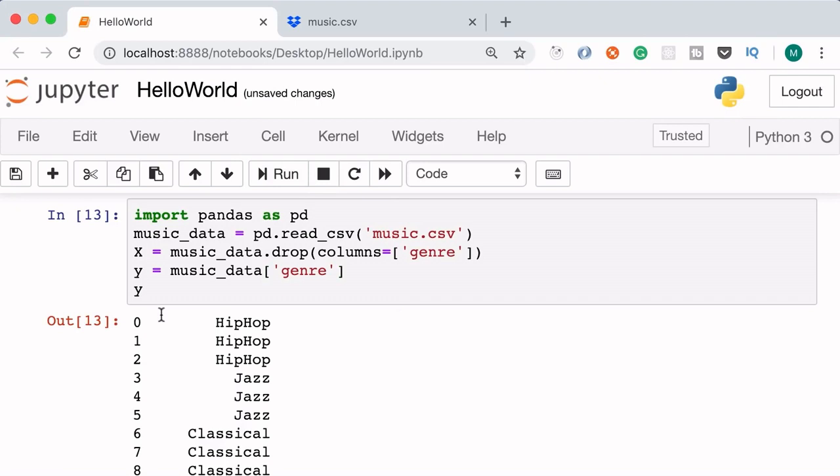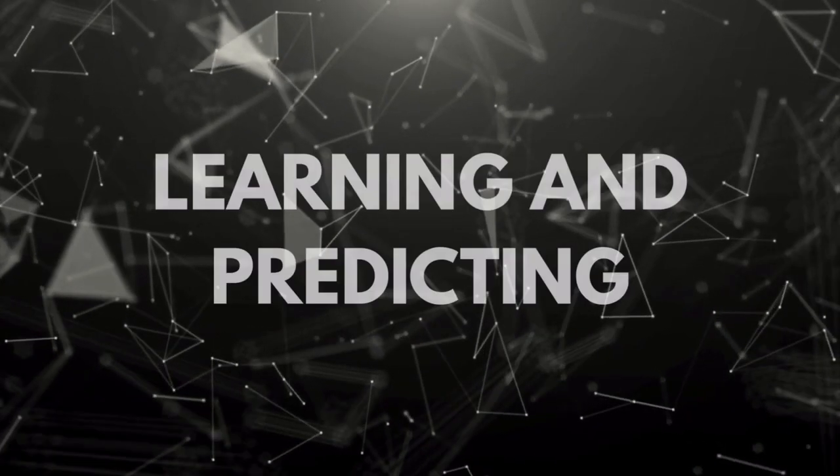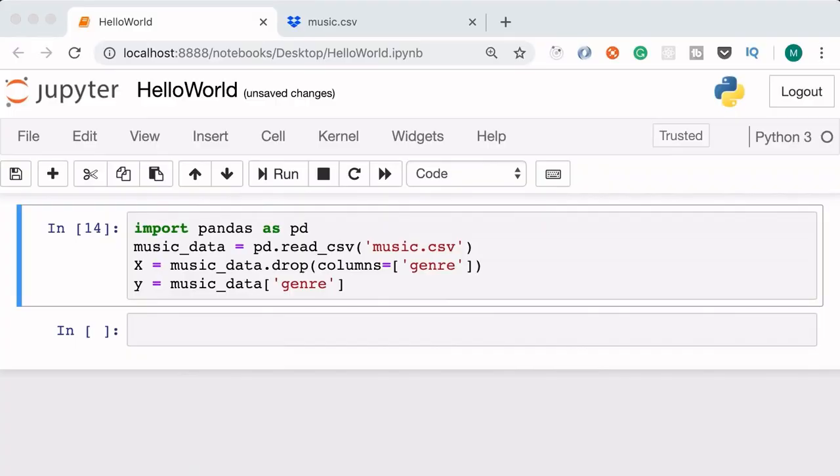So in this data set, we only have the predictions or the answers. So we have prepared our data. Next, we need to create a model using an algorithm. The next step is to build a model using a machine learning algorithm.